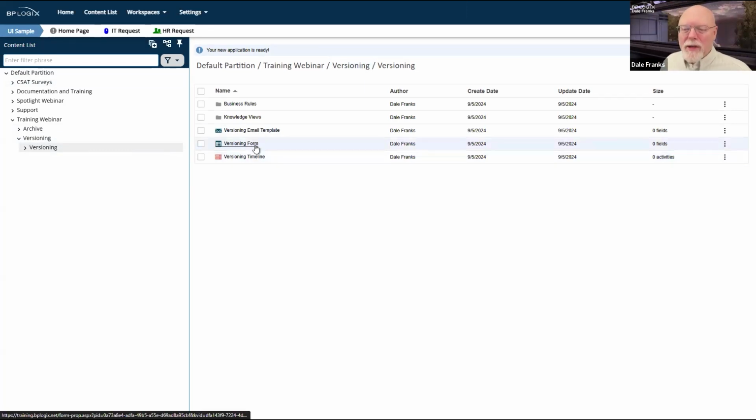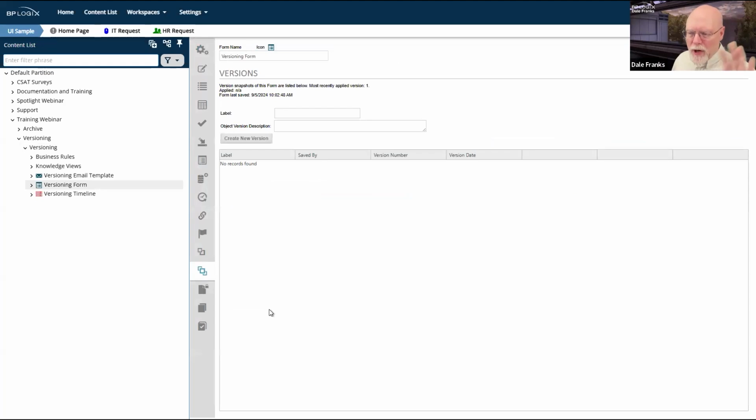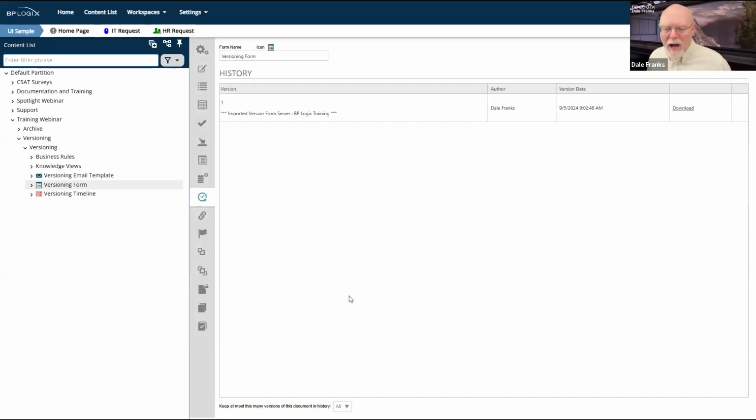But let's take a look at the form, because the first type of versioning that I want to talk about is the automatic, we're going to save your changes type of versioning that is included in forms. When you open up a form, there are several tabs here. This is our versions tab. We'll talk a lot more about this a little bit later, but there is another tab here, this one that has the little watch or clock thing, which for some reason is going counterclockwise.